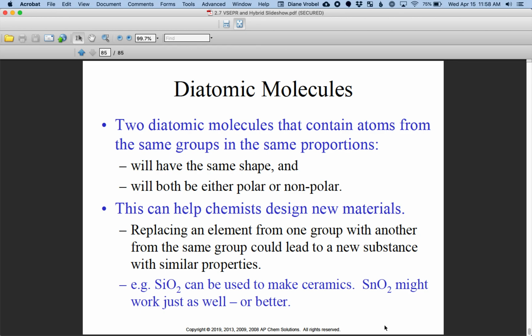Okay, diatomic molecules. So that would be hydrogen, oxygen, fluorine, iodine. If they come from the same group and they have the same proportion, they're going to share the same shape. I don't know if there's anything else I want to add, but notice that you could have polar or nonpolar diatomic molecules based on what's going on. All right,